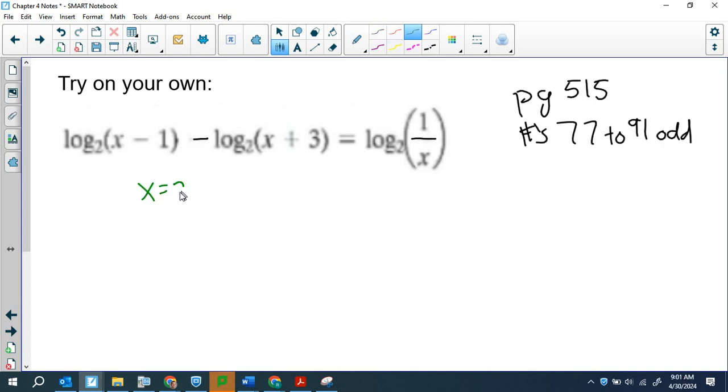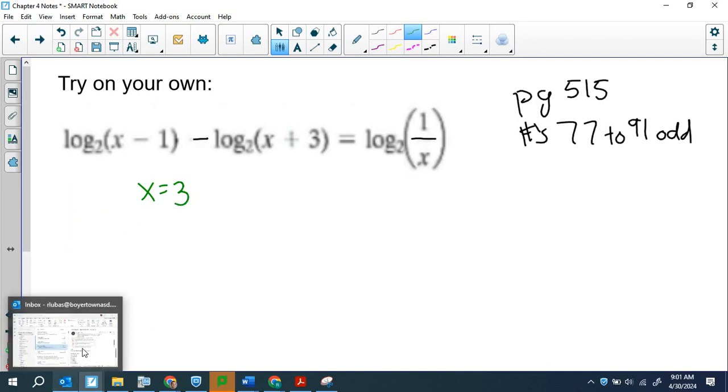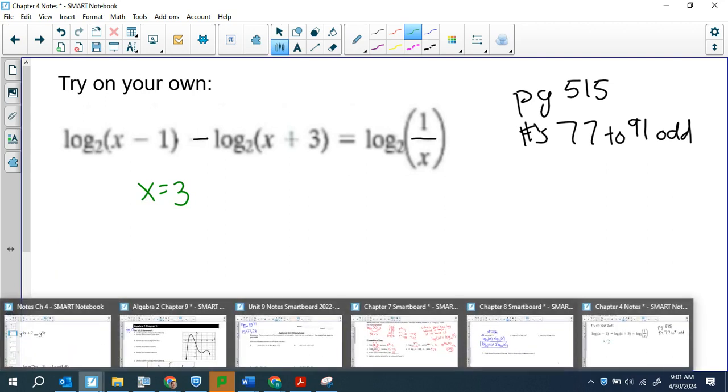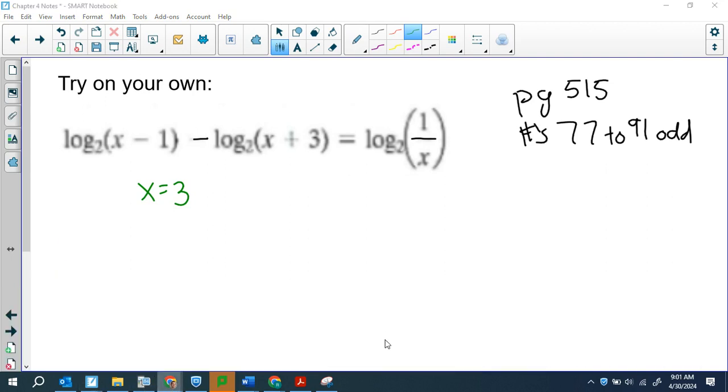All right, you should get x equals 3 is the only answer to your check. Negative 1 would be an answer. I was confused because you didn't have numerators. Right, yeah, that's why I was